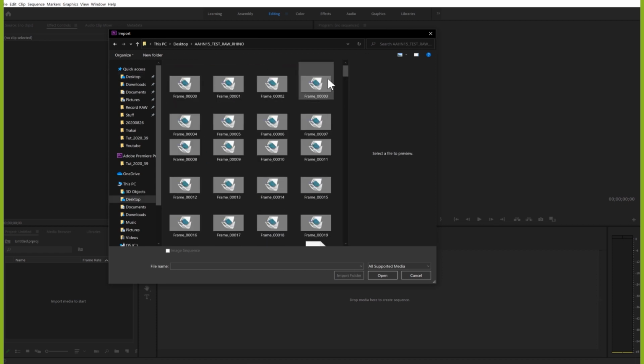The way it works is the same for every video editing software. I choose the first frame, and it will automatically give me a tick mark for image sequence, to import it as an image sequence. If it doesn't give you this option automatically, then you need to tick mark it for it to work. Same thing for DaVinci Resolve, Sony Vegas, and so on. So I hit open,